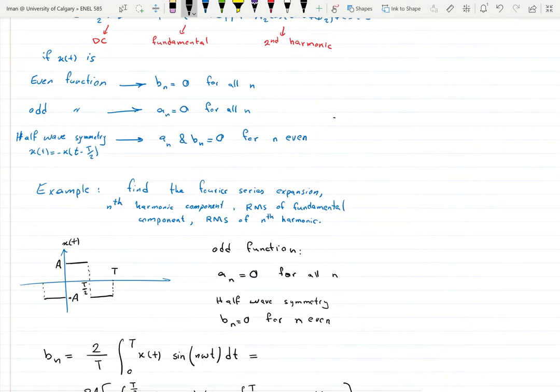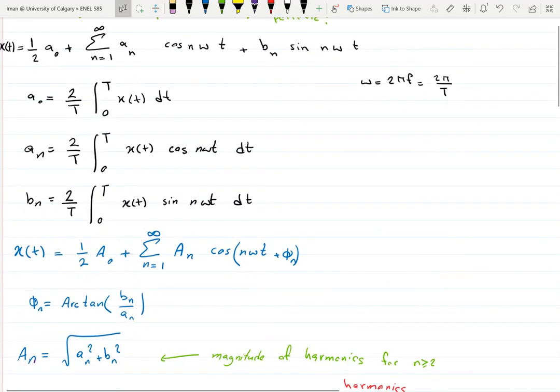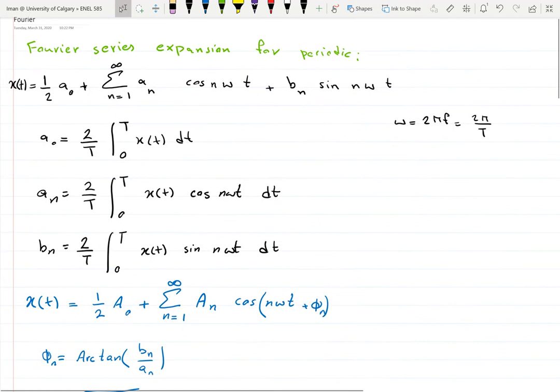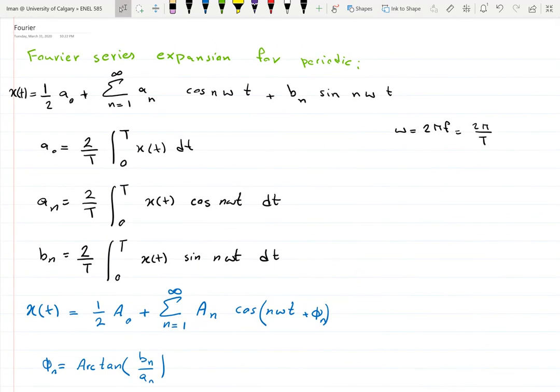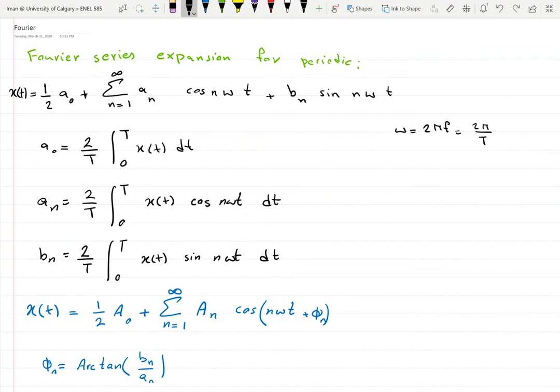Hi everyone. So some of you asked that we do a review on the Fourier series and how we can extract harmonics and the fundamental components from the Fourier series. So I'm just going to do a quick review of that. If we have a Fourier series expansion for periodic functions, and we want to write that,